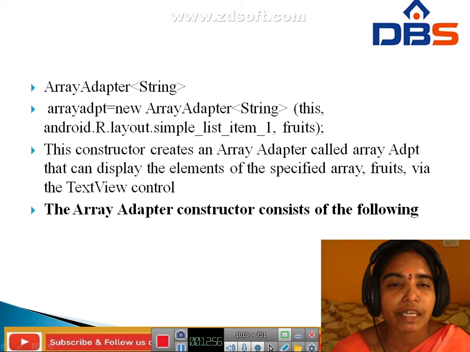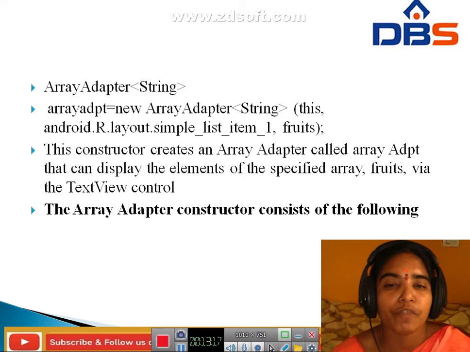This constructor creates an array adapter that can display the elements of the specified array, fruits, through the text view control.